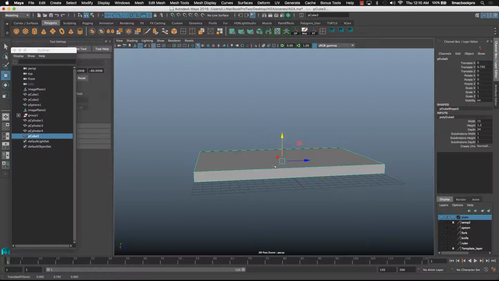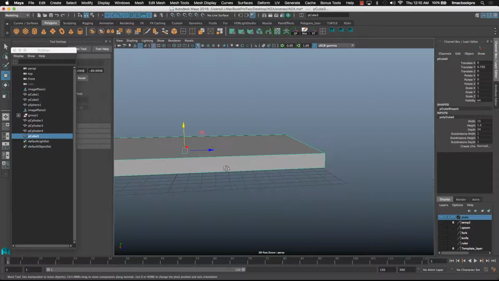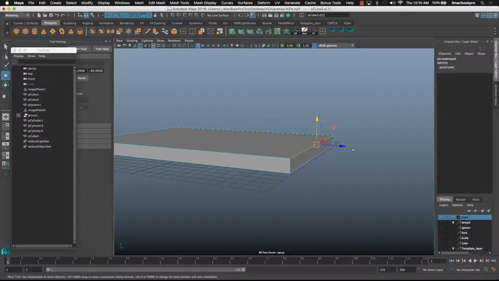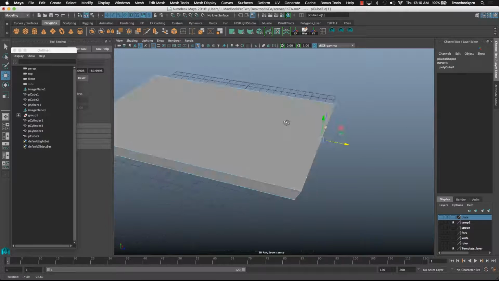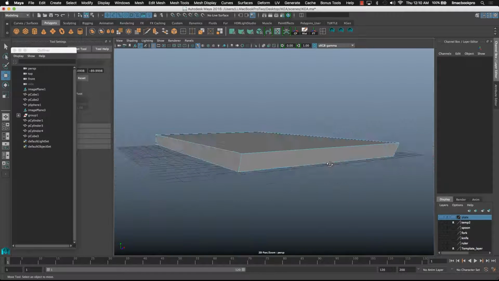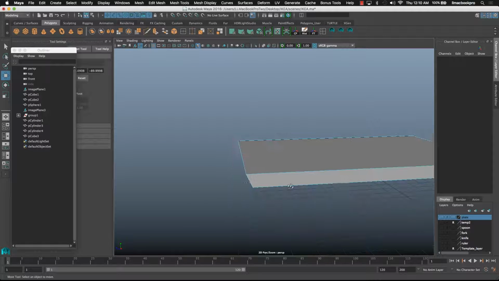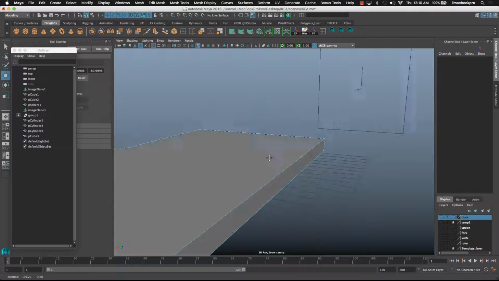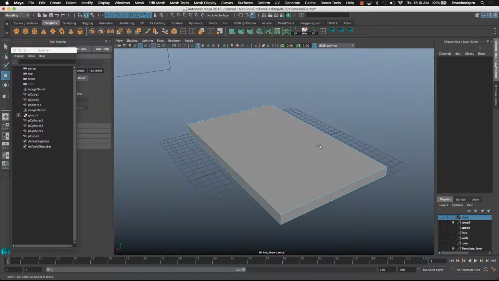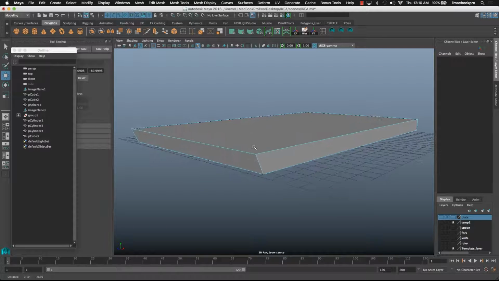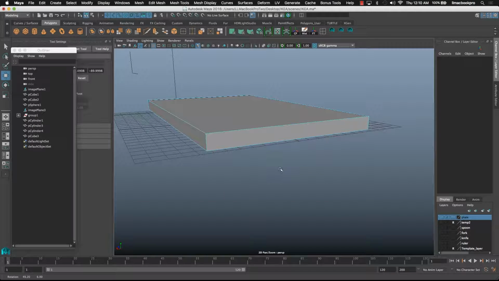However, if you remember, there's a little bit of an edge that comes out. I'm just going to eyeball that, and that looks pretty good, but it's really sharp at the moment, so we want to introduce those beveled edges. Now I'm going to demonstrate the smooth mesh preview tool, and this is how we're going to add detail to all our objects. So how this works is